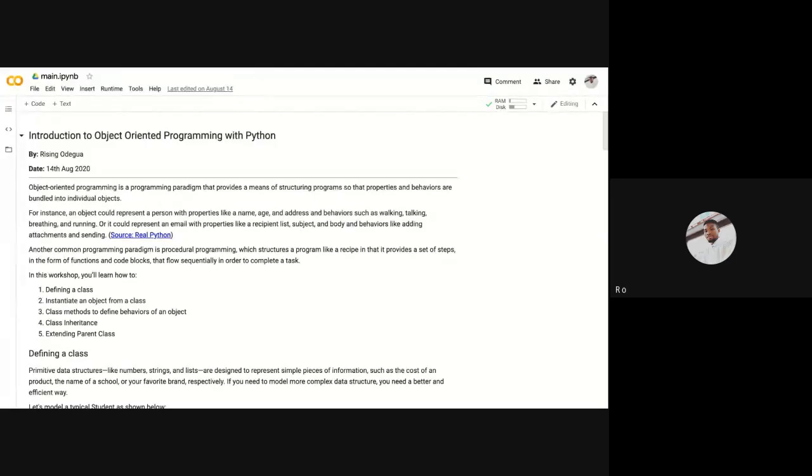And why is this good? This approach is good for some particular problems. When you have some kind of large scale problem you are trying to solve, it is good because it helps your code to be cleaner, because you are going to be representing each entity or each piece of information in your code as an object. It makes your code cleaner and more